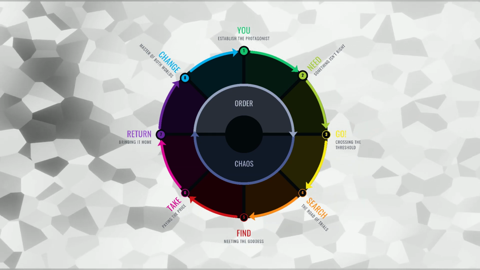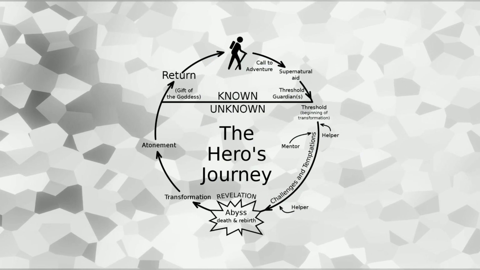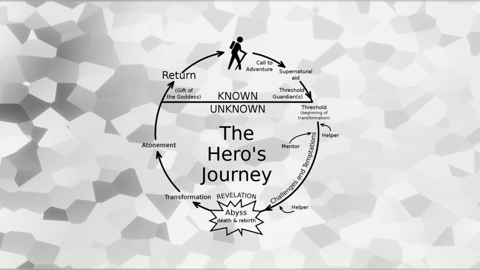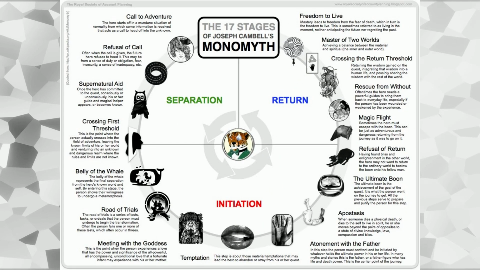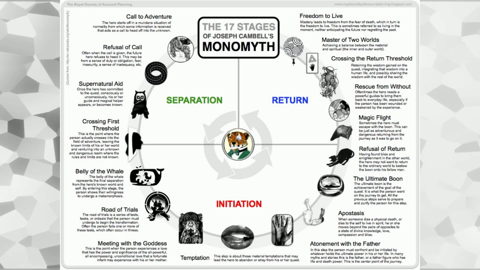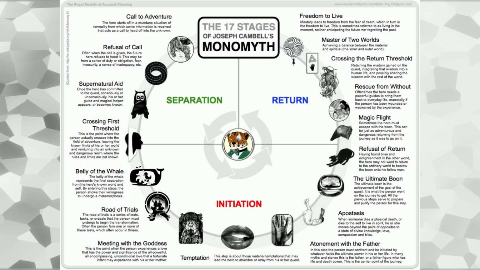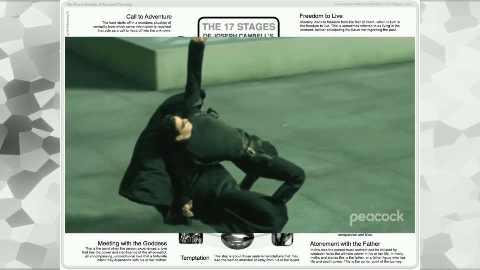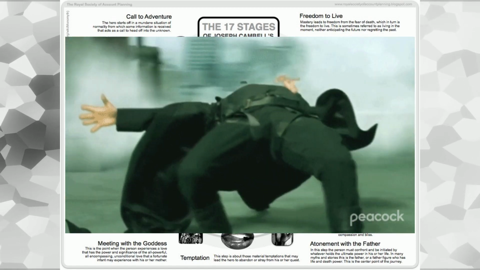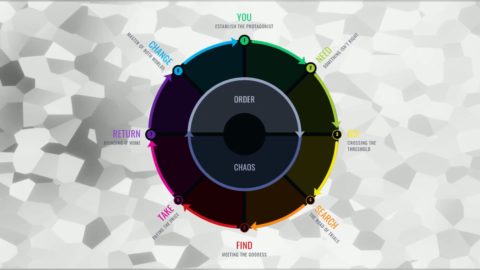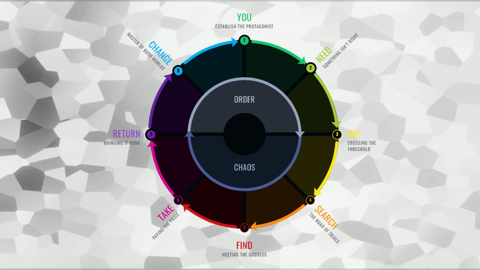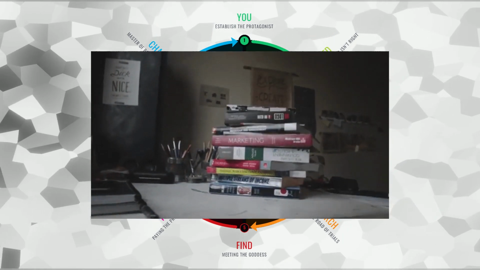You may look at this and immediately think about the hero's journey. While similar in look and concept, Dan Harmon's story circle is a lot more versatile and condensed. The hero's journey has up to 17 very distinct points that are specifically curated to stories with protagonists who go on a fantastical adventure, grow along the way, and return having changed. However, Dan Harmon's take on the story circle has 8 points and can be used for any story of any